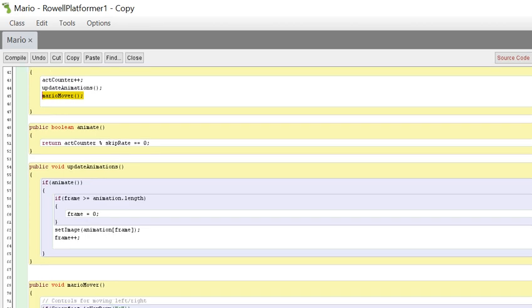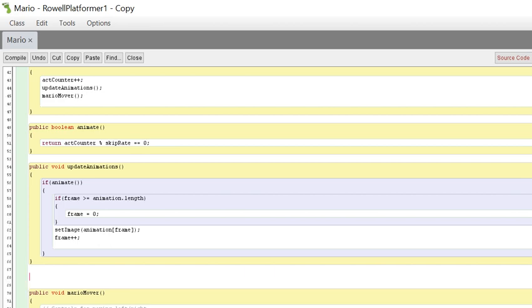How does it work? If the A key is pressed, I move it left. How does it move left? It gets the X position and subtracts the speed value from it. D moves it right by adding the speed to my current X position, and thus Mario moves. Wonderful. Let's add in a method